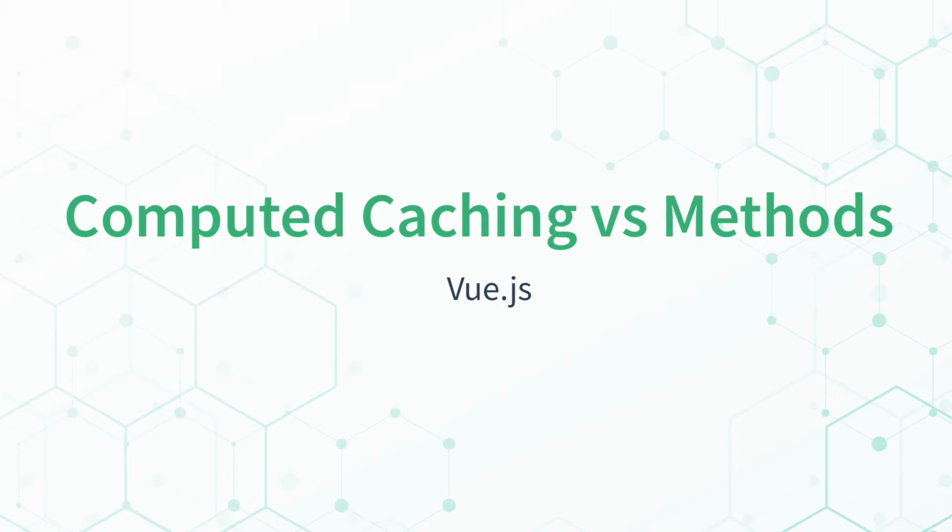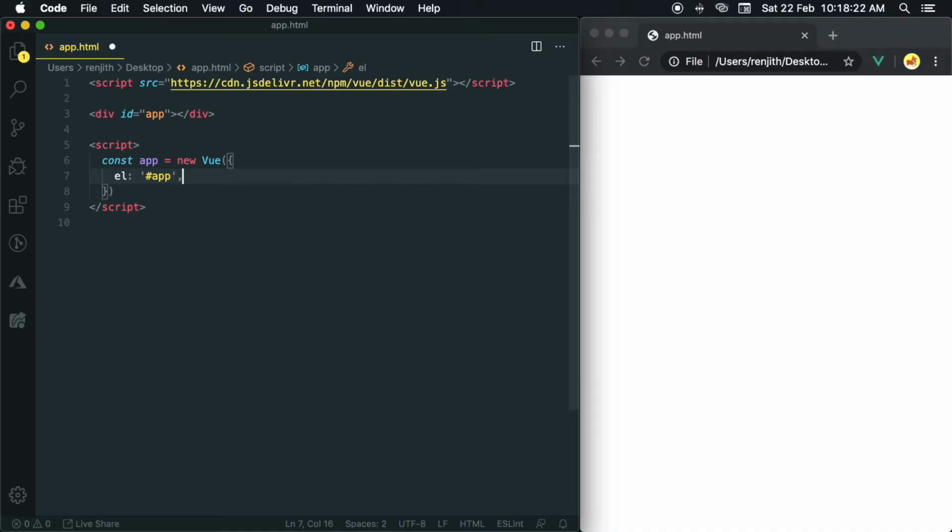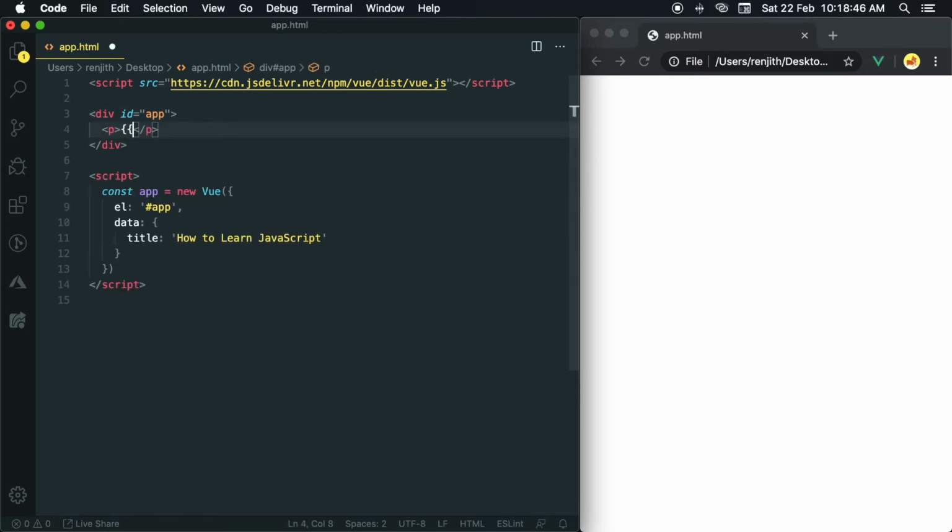Computed caching versus methods. We can use methods also to reduce complex logic implemented in templates. Let's try to do it with methods. Create a data called title. Create a paragraph and bind the title by converting it to lowercase and replace all spaces with a hyphen.